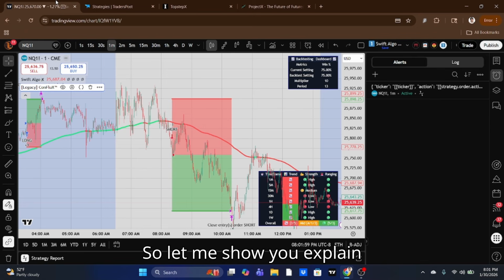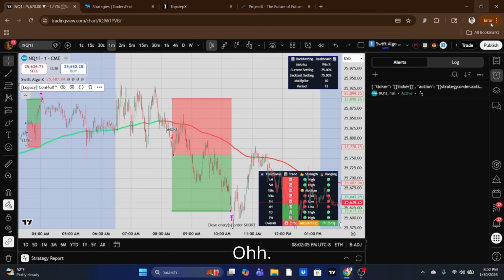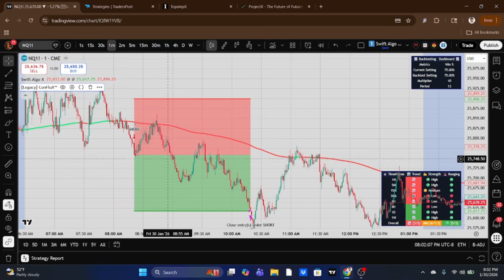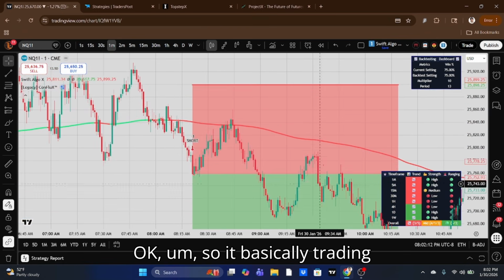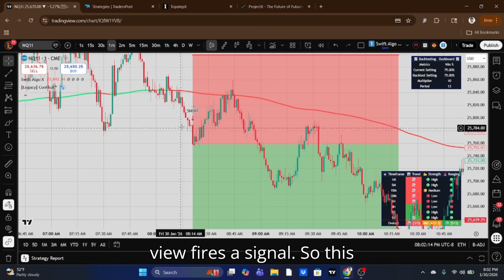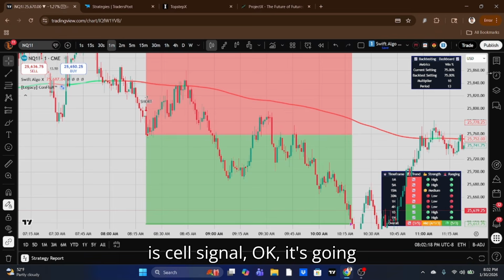So let me show you or explain to you how automation actually works. So for example, on this one, okay? TradingView fires a signal. So this is a sell signal, okay? It's going to hit